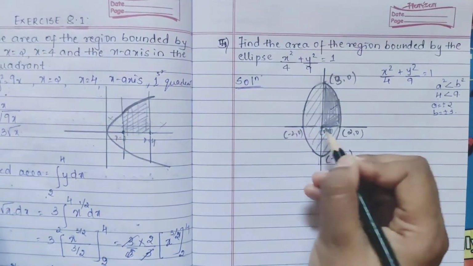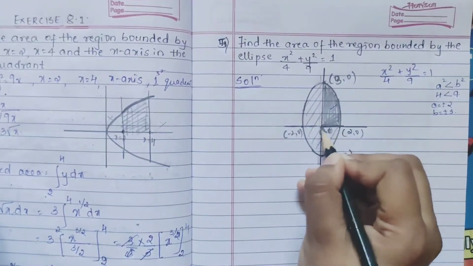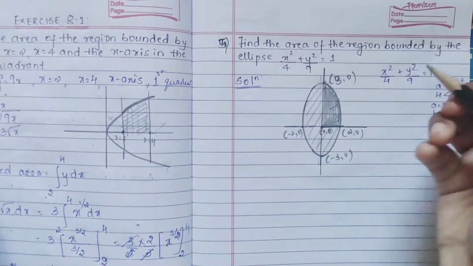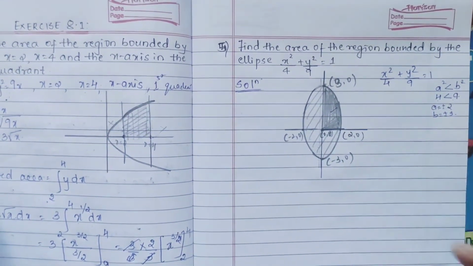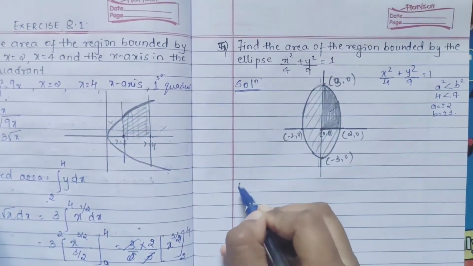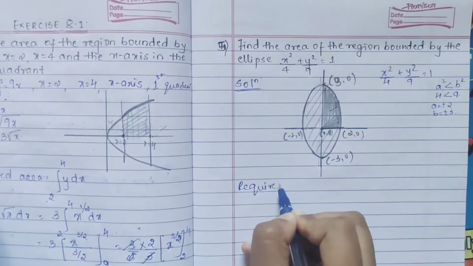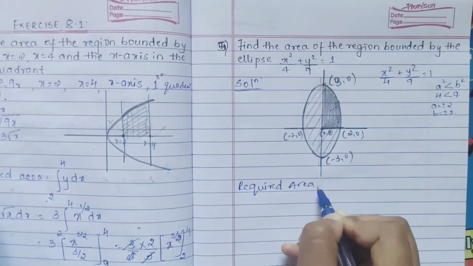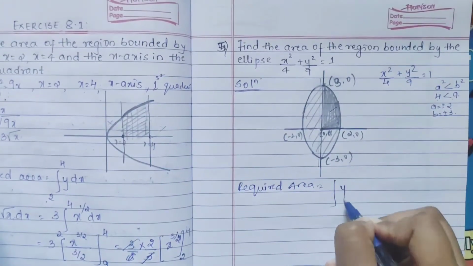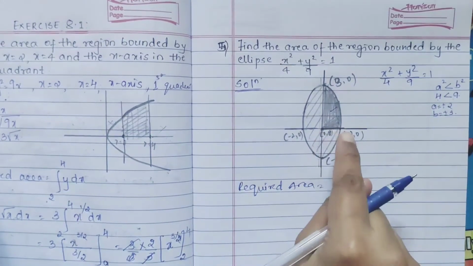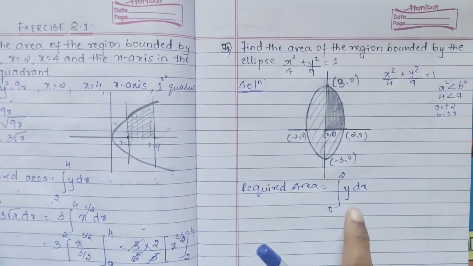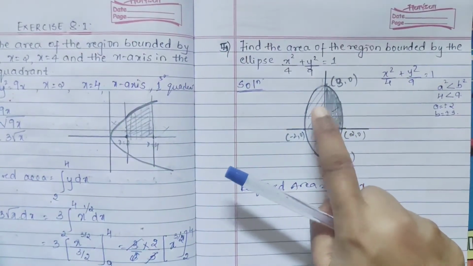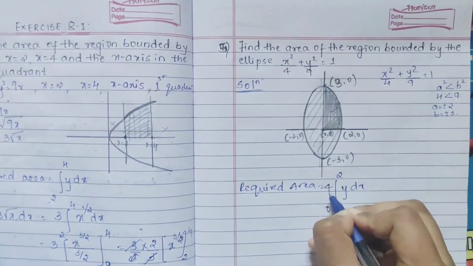We are considering towards your x, right? So this will be your dx only. So we are integrating according to your x. If you have it like this also, consider for your x only. So your required area is given as integration y dx from where? From 0 to 2, right? From 0 to 2, but only of one part you are taking. So if I multiply it by 4, I will get every part.